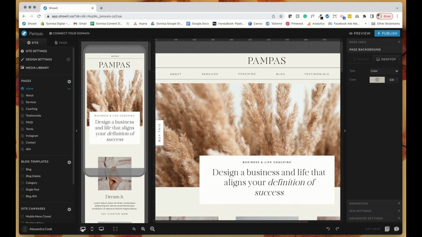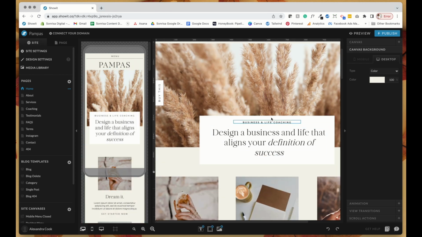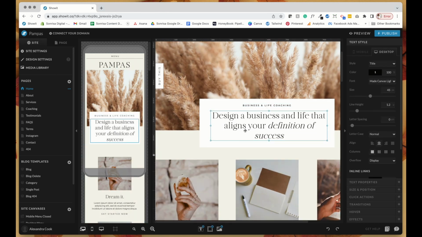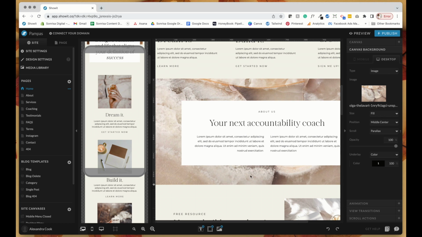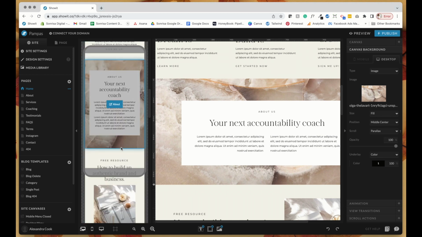So I do recommend, if you have a big enough screen, it's kind of hard if you're on a little screen, but if you have a big enough screen, it's kind of nice to have them both open, because when you make adjustments to desktop, you definitely want to make sure that the mobile is looking okay, because sometimes if you change it, like for example, with this element, which I'm going to get into over here to the right, but if you change the background here,